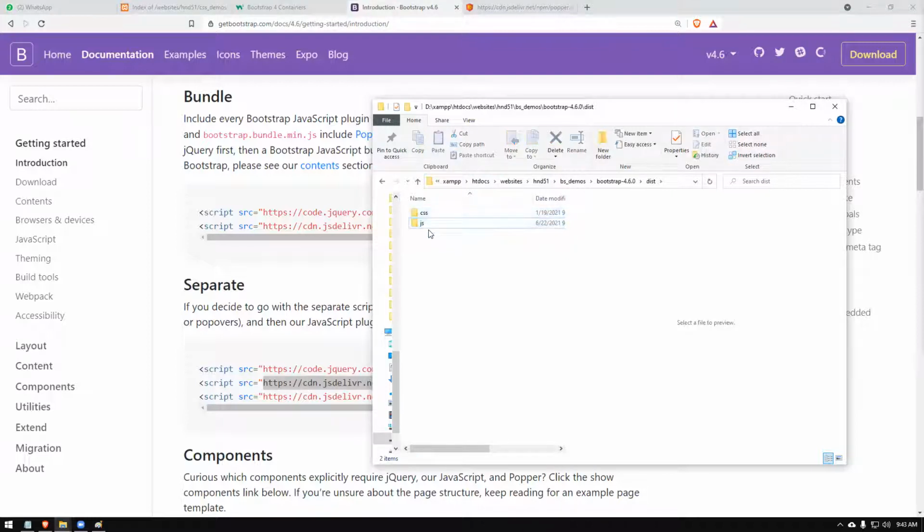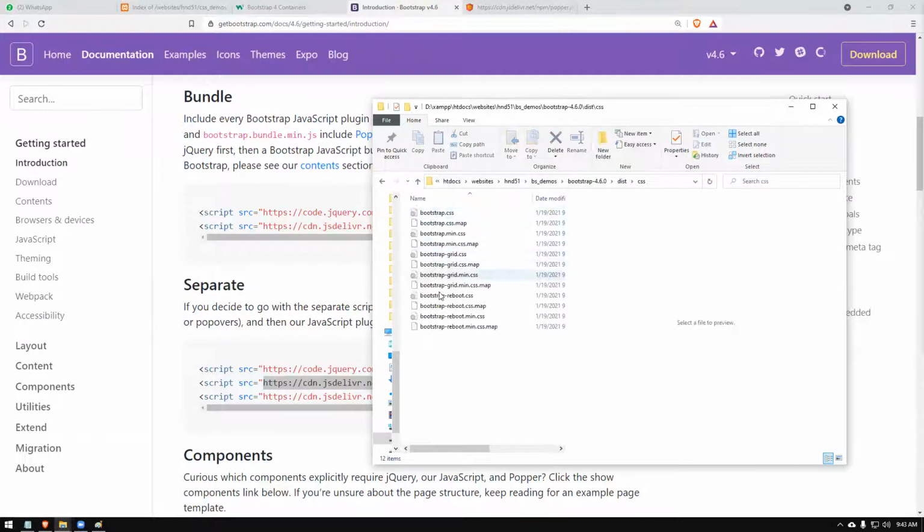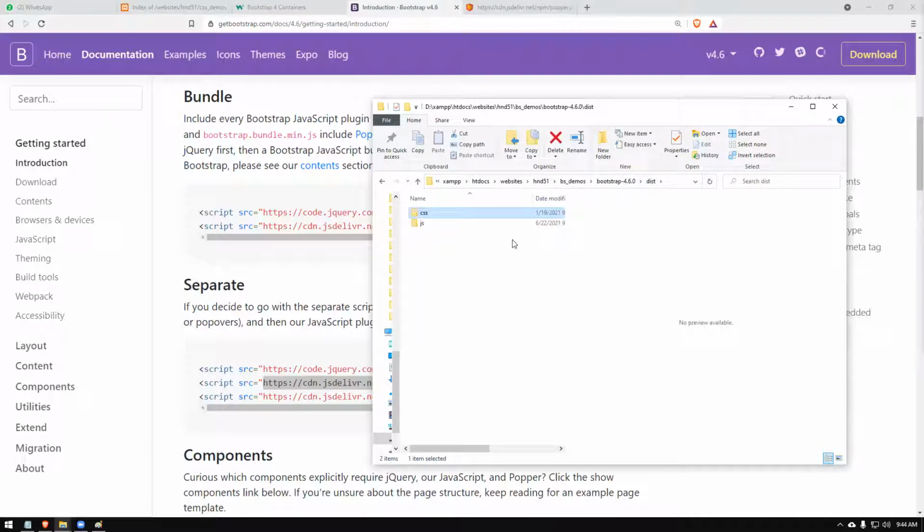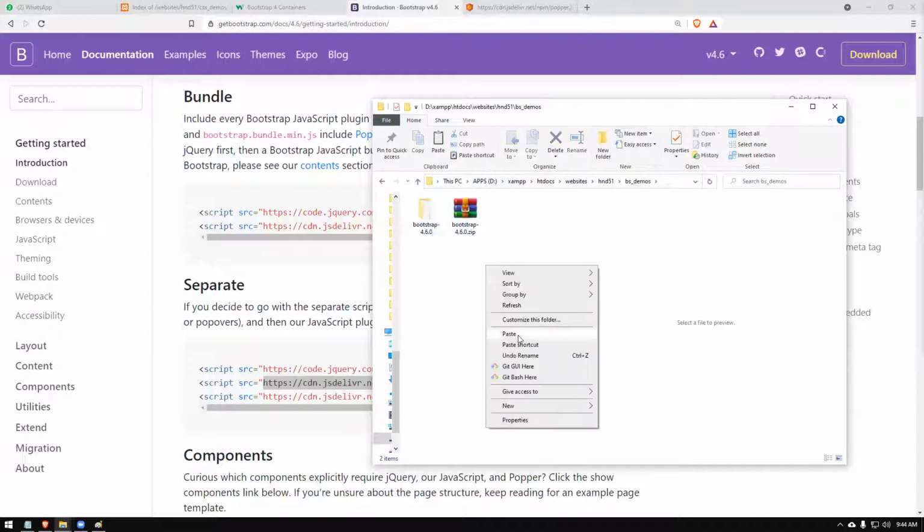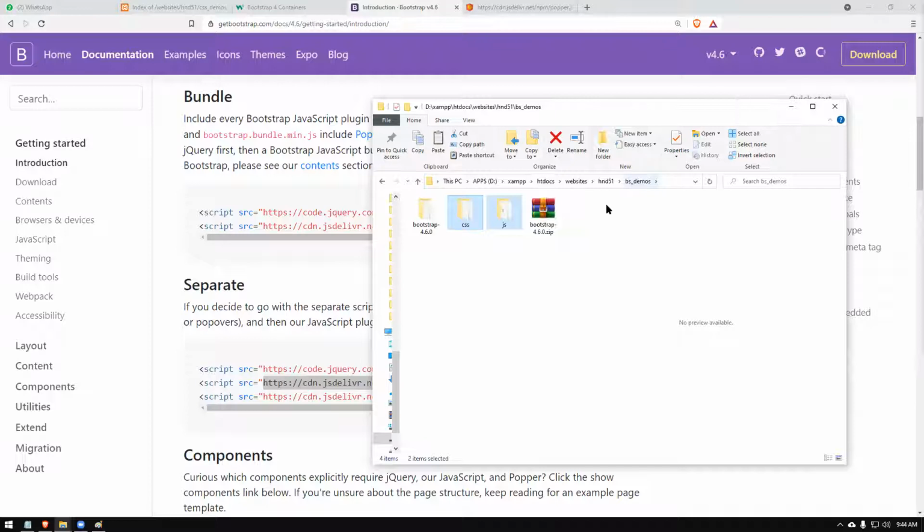So I have copied that one. Right. I'm going to copy these two. I need one more file, which is Font Awesome, which I'm also using. So later I'll show you that. Right. So we will see the common way of how to learn. I'm copying those two files. I'm going to the project where I am here and I'll just paste it here. So my folder is BS demos, Bootstrap demo. I have two folders, which are CSS and JS. I don't want this, I'll delete that, right? This also, I don't want it now. If I don't want it, I can delete it. But just for a while, I'll keep it there, right?